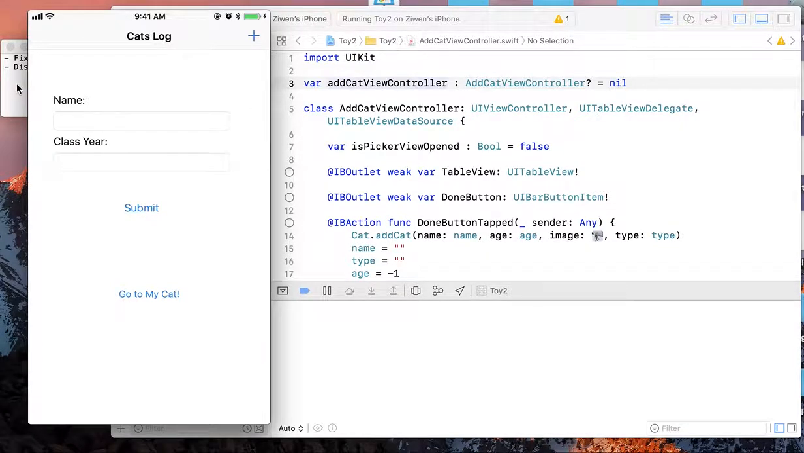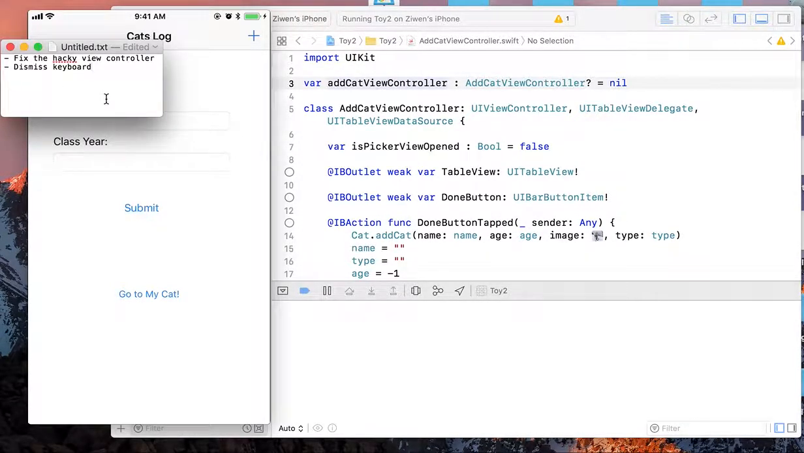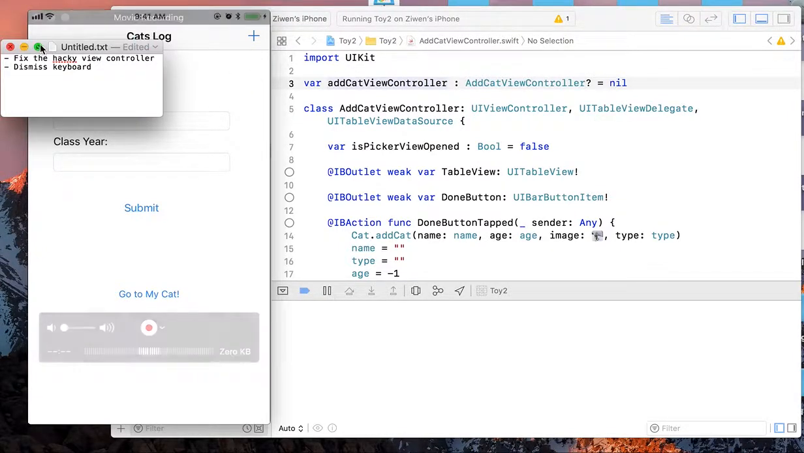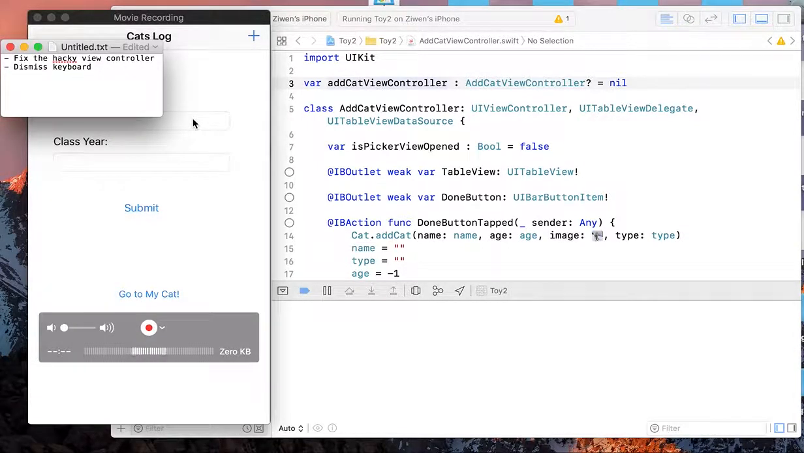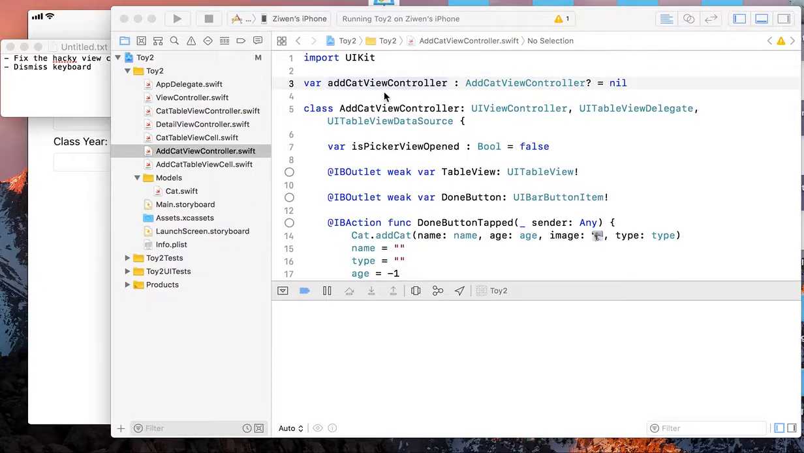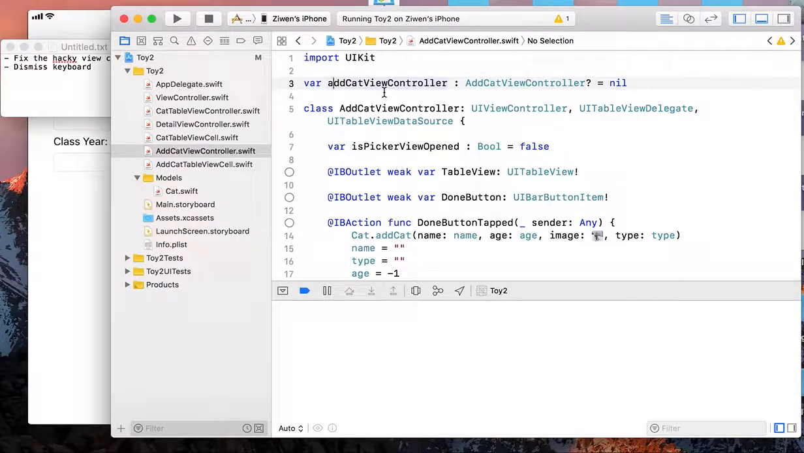So in this video we're gonna basically fix two bugs in it. The first is that I'll fix this very hacky global variable here, and also we're gonna see how to dismiss keyboard after user input their information. So it turns out that there's a super easy way to achieve the same effect without this sketchy global